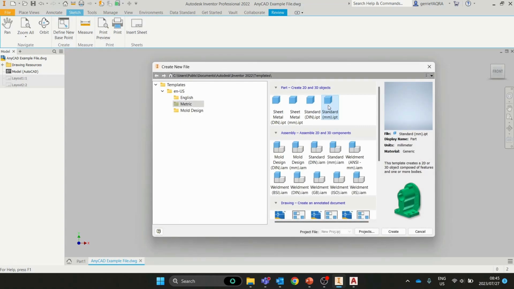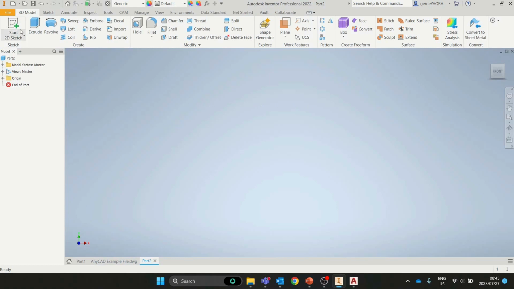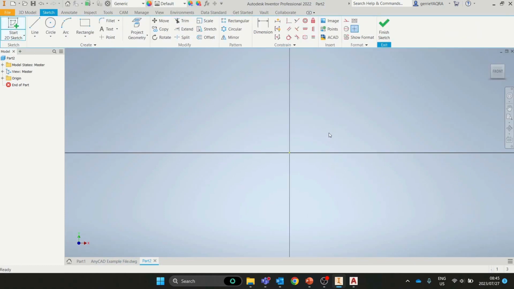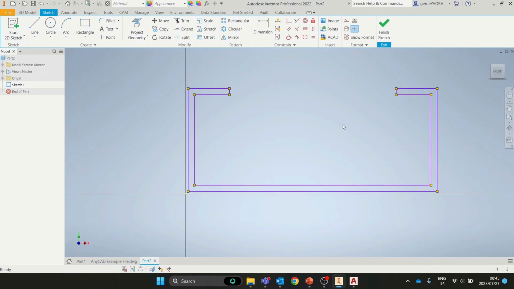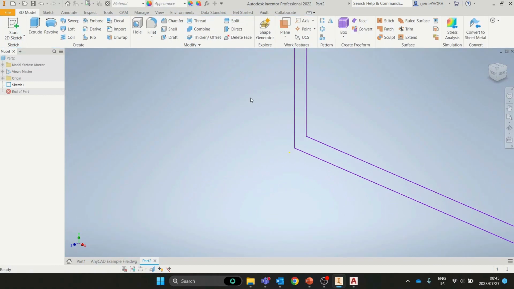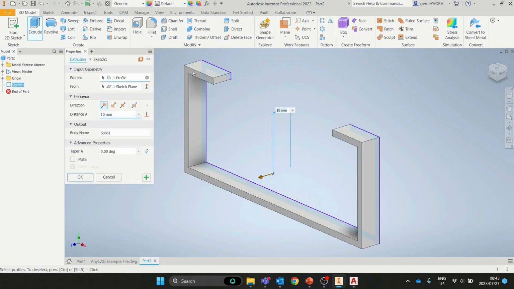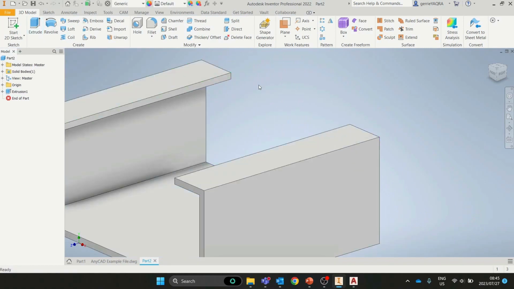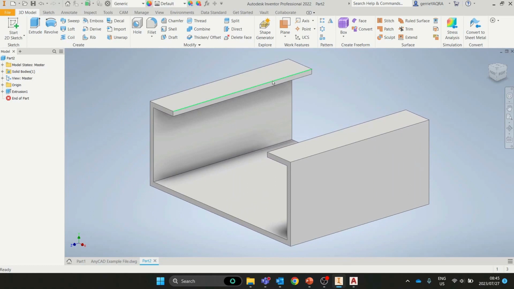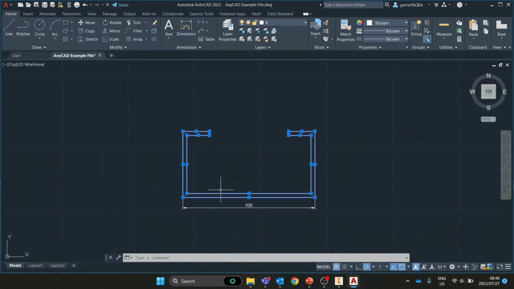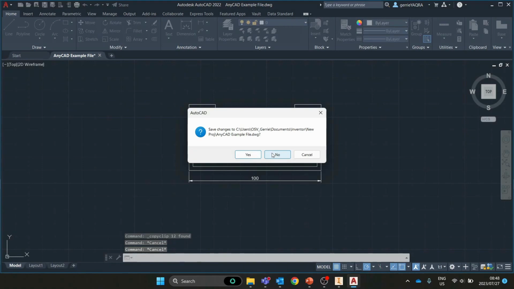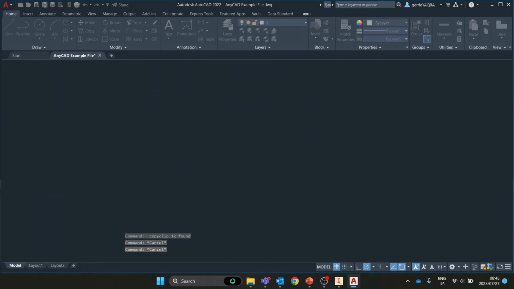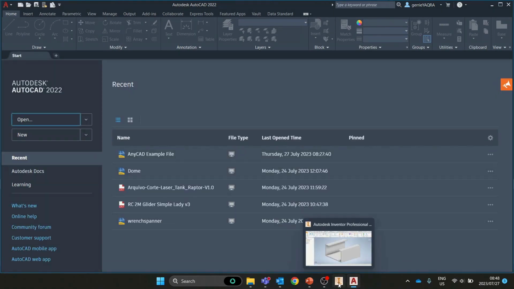Alright, so we're going to open a new part, create our sketch, and use the Ctrl V, and there we have our profile. Finish that up and extrude by 100, so that works as well. Right, so back into our CAD file, we're going to need to close this up, save it for our next option, go back to Inventor,